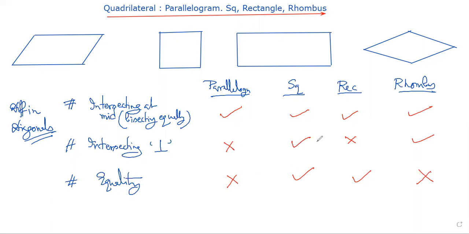That means the square is a type of quadrilateral which is actually satisfying all of the conditions, and it is considered as the regular quadrilateral. Only the square is considered as the regular quadrilateral. This regularity is nothing but the equality. All of the sides will be equal, all of the internal angles will be equal. That concept we have to use here.